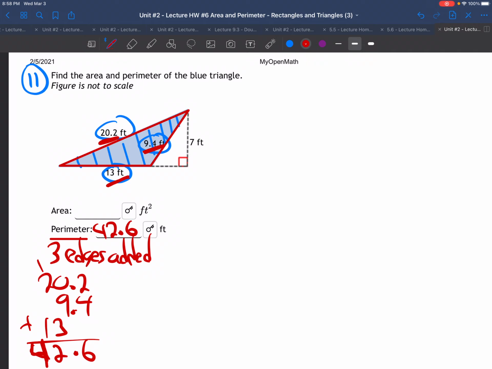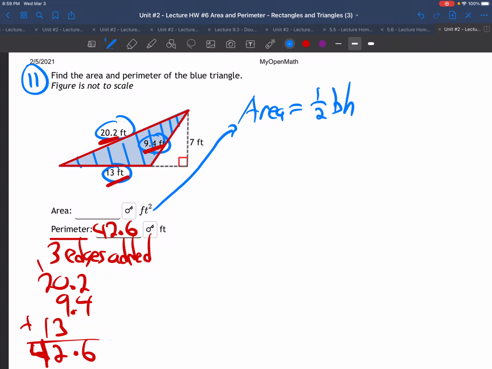Now for the area calculation. What's the area of a triangle? The blue is a triangle. The area of a triangle is a half times the base times the height. Now the question is, what is the base and what is the height? Because we've got 4 different numbers there. Which ones do we use? Well,